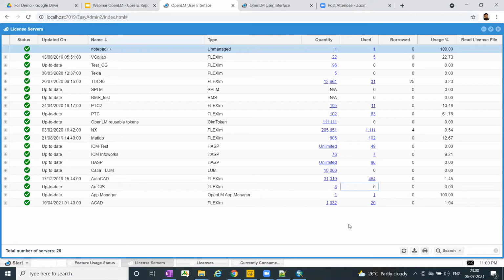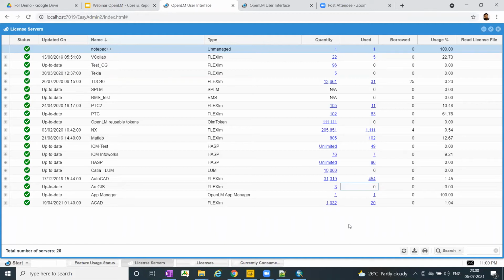Suppose it happens that sometimes unintentionally, when an engineer is working in the organization, he pulls out a license and he's working on some model, and suppose it's a break time, he simply minimizes the window or simply locks his computer and goes away for lunch. Sometimes the lunch time gets extended and he's away for 1 or maybe 2 hours. And during that period of time, the application is getting idle.